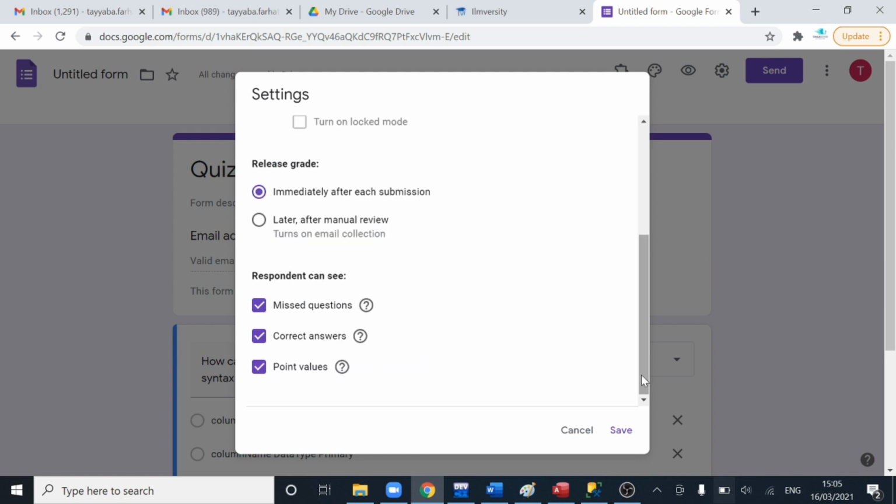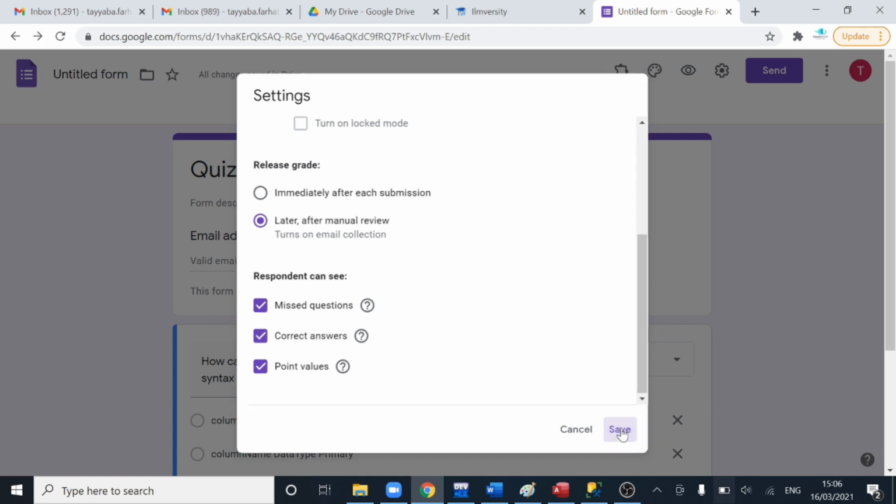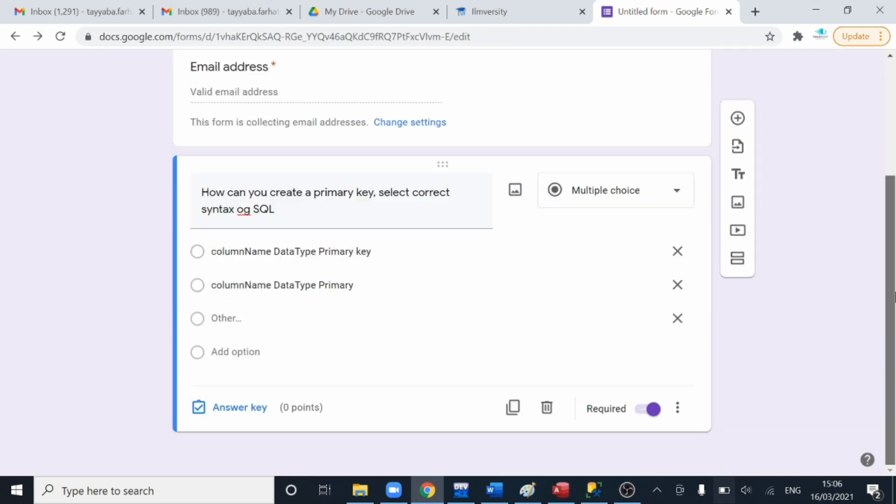After my students have submitted their quiz, I don't want to show their answers before a certain time, so I'm going to share the solution once all the students have completed. So I'm going to check this option, and about the review question, the correct answers, I'm going to uncheck that so that they cannot share answers with each other before the quiz is being submitted. So this was about first question and making the form a quiz.